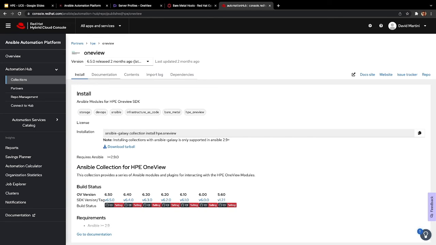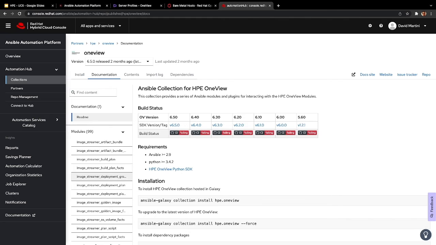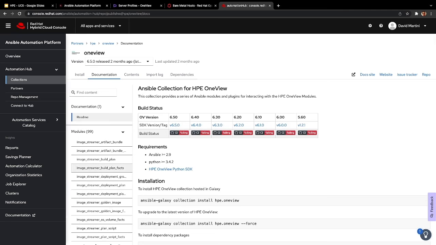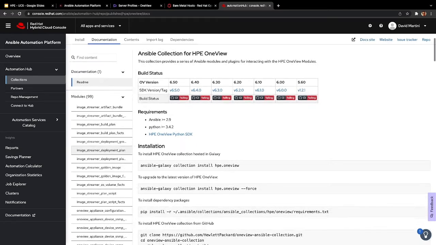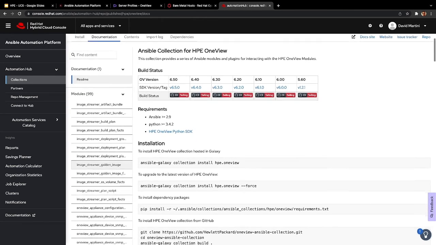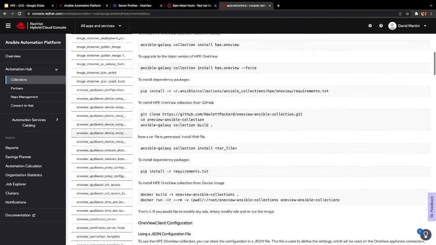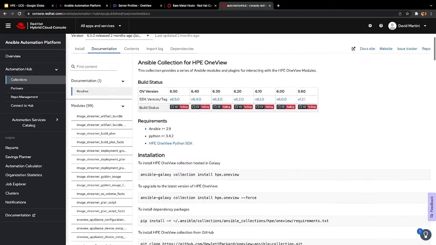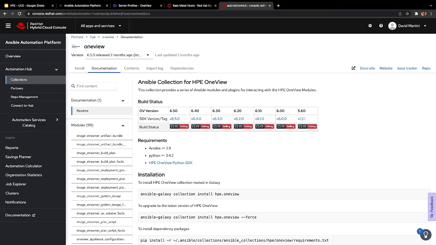This collection is fully documented with all the plugins and modules in it. And with that, you can create your automation to add a new element and object in your OneView instance.